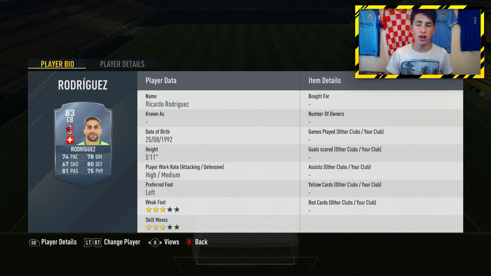He was playing for Wolfsburg, now he plays for AC Milan. Another big transfer for AC Milan right here. I believe he was around about £15 million. He was very, very good back in the World Cup, I believe, in 2014. If I remember correctly, he got a lot of man of the match cards from the World Cup on FIFA